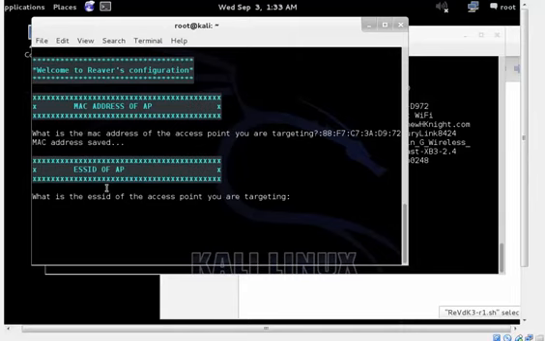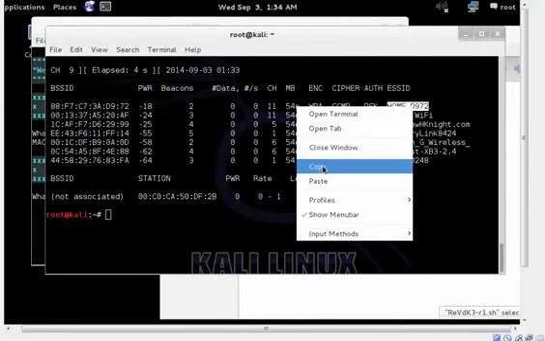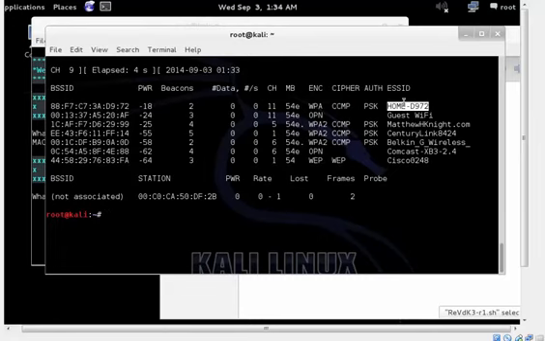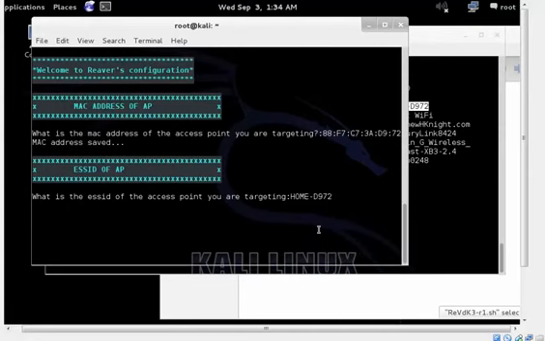Now it's asking for the ESSID of the access point, and that's the name of the access point. And this is the name of the access point right here, towards the right hand side. It's under the ESSID, so I'm going to put that in. Right click paste, you can copy and paste it, and press enter. Now it's going to spoof your MAC address. It's actually going to change your MAC address, and this can take a little bit of time